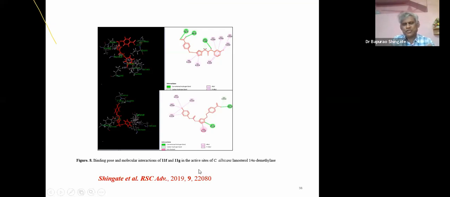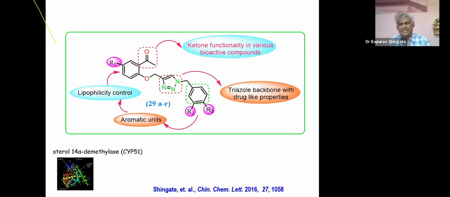In our first attempt, we just changed azides and kept the alkyne part constant. In our next attempt, we have kept the azide part, that is benzyl azides, and we have introduced some kind of acyl group, that is an acetophenone type of moiety over here. And now we have a free ketone group. We have this free ketone group, and we can expand in terms of billions of compounds. And we have designed such type of molecules and docked against the sterol alpha 14 demethylase, which is an antifungal